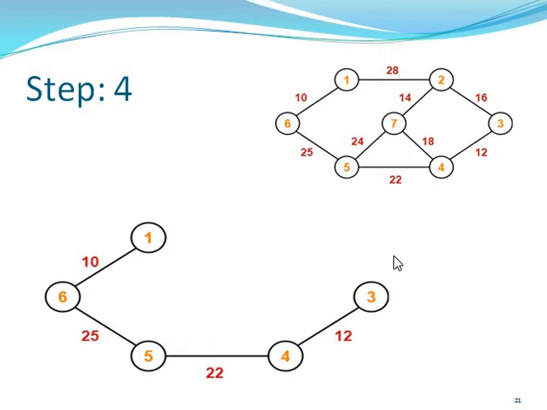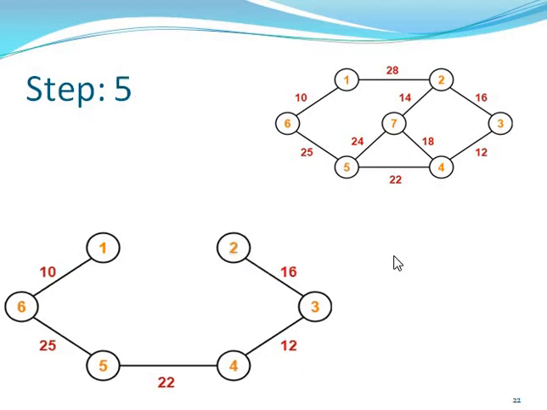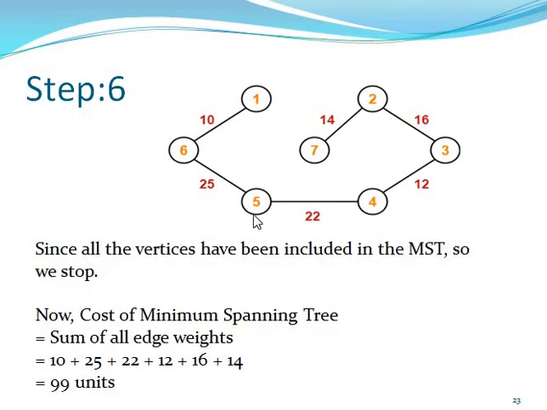So you can connect 16, and finally you can connect the remaining point, 7. So you can also check that we can connect all the points with the minimum weight, and no cycle is created. And finally the answer is the same for Kruskal's algorithm and Prim's algorithm: 99.